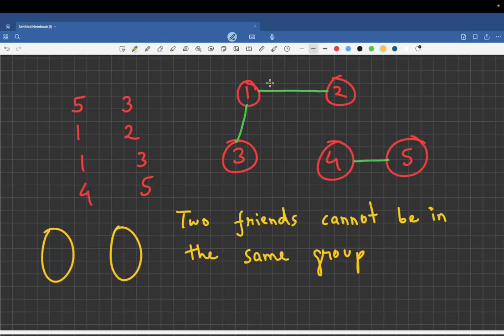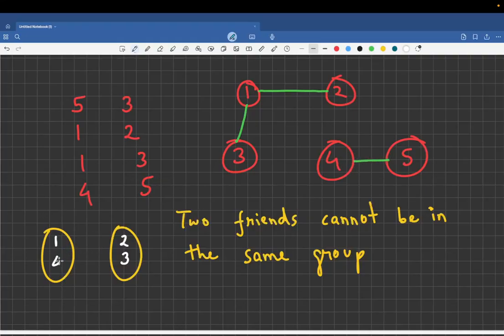Okay, cool. So how can we actually divide this? It is very clear that 1 and 3, and 1 and 2, can't be in the same group. So let's keep 1 in group 1, and 2 and 3 in the other group. And yes, 2 and 3 can be in the other group as they are not friends with each other. And 4 and 5 also must not be in the same group.